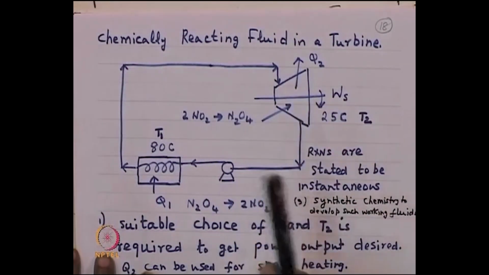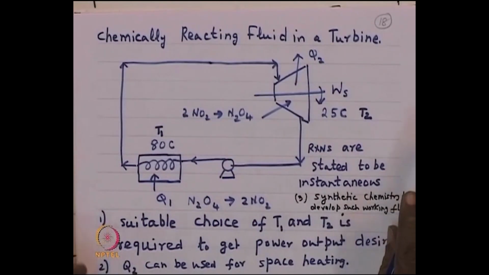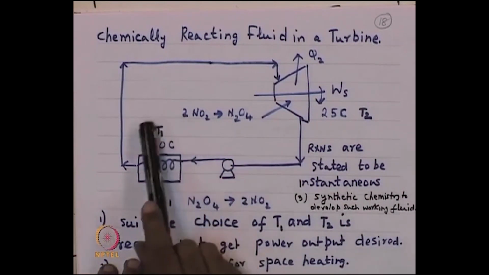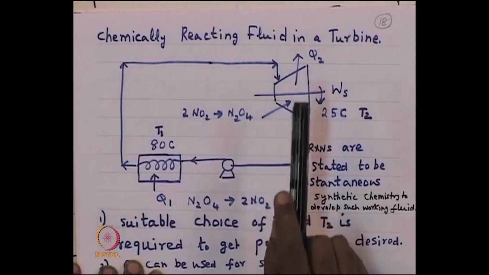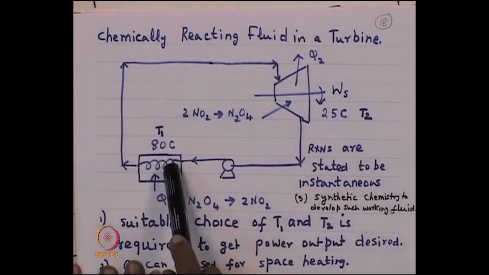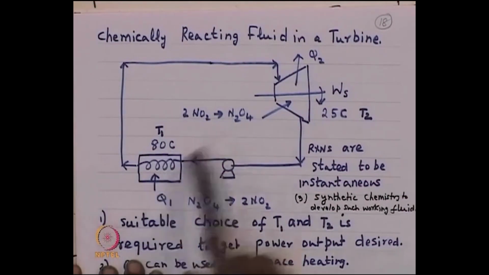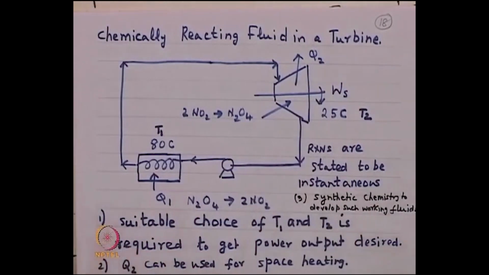So, the important point here is that there is tremendous scope for designing working fluids which is able to pick up heat at low temperature for space heating application. Otherwise, you will have to use more expensive materials. Here is an instance where so much of heat is available at this low temperature, which is required for space heating applications. So, reacting fluids and our energy balance is able to make use of all these,